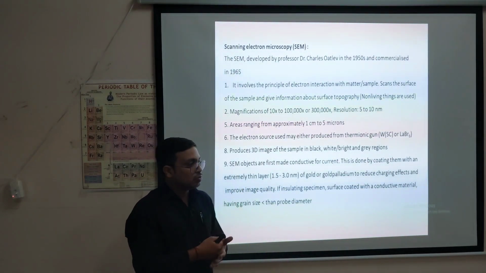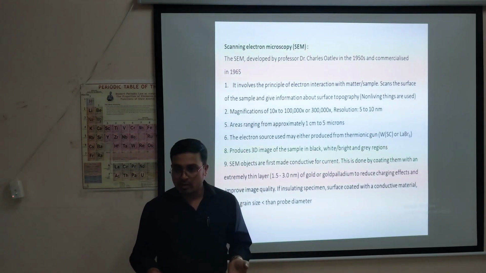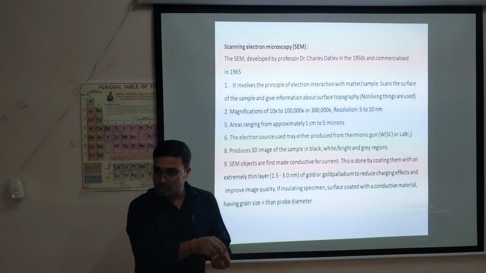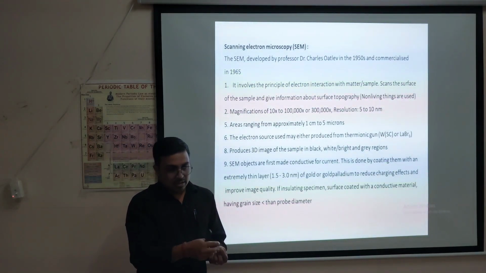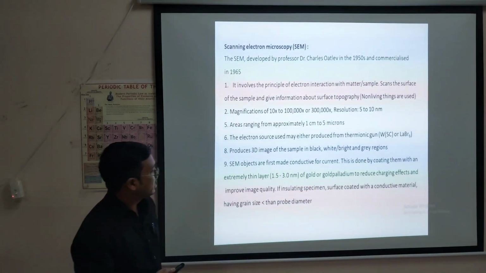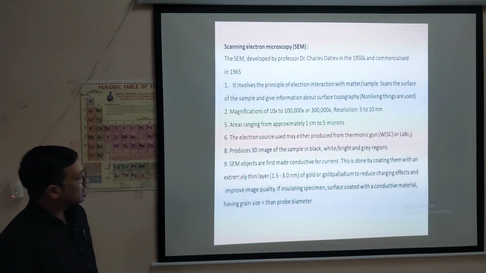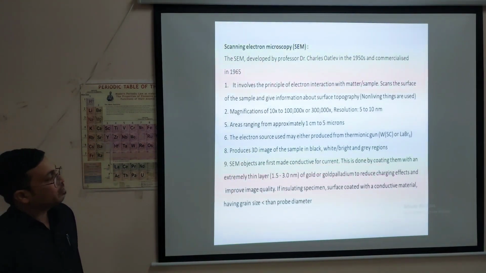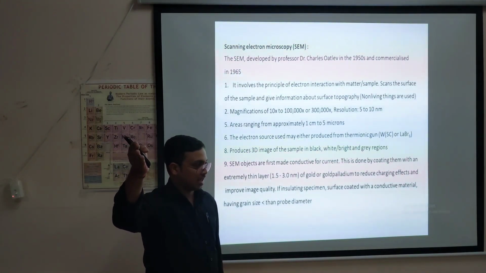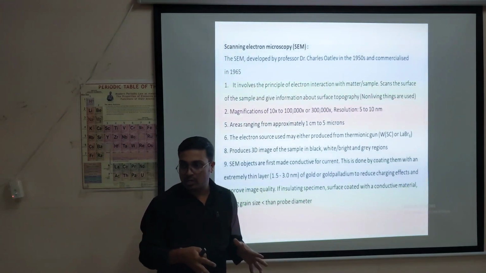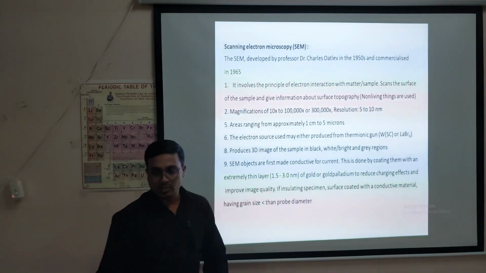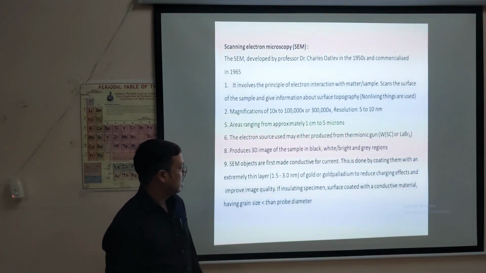So the samples taken for SEM analysis are made conducting by using carbon conducting tapes. There will be a sample holder upon which they put a carbon conducting material. Over that the sample will be pasted, and then it will be coated with, as I have mentioned here, an extremely thin coating of gold or a gold-palladium alloy. We have that type of system available with us. They make the sample conductive so that the electrons hitting the surface will again get conducted away. There will be no accumulation and you will have a bright image.